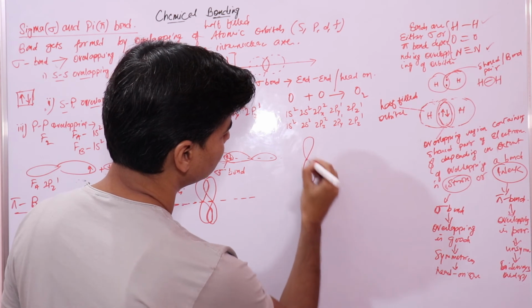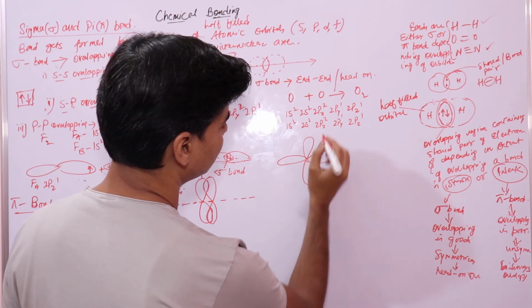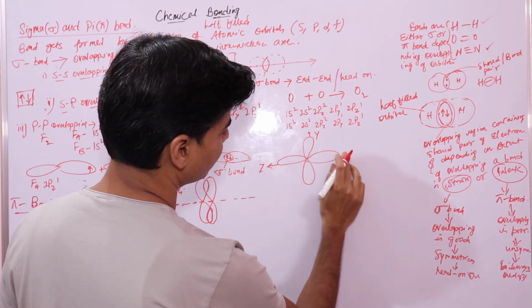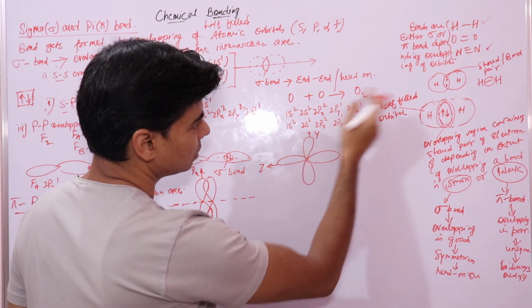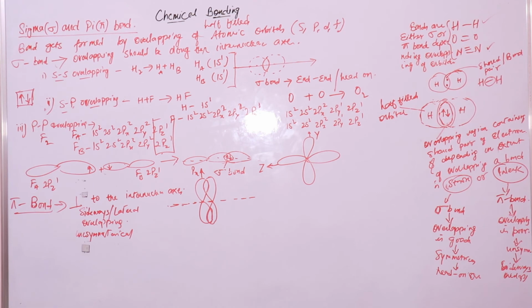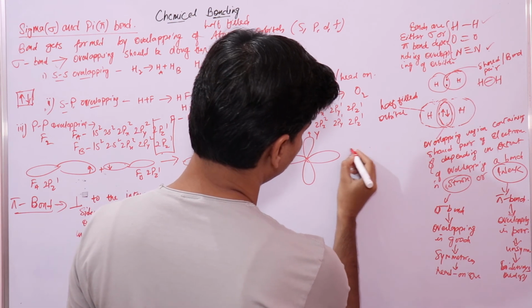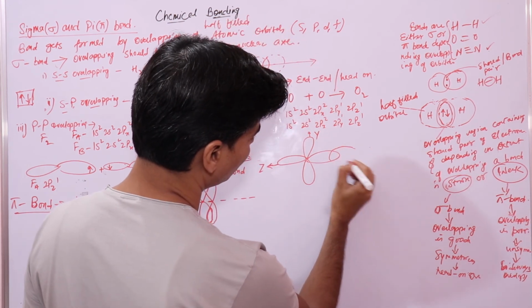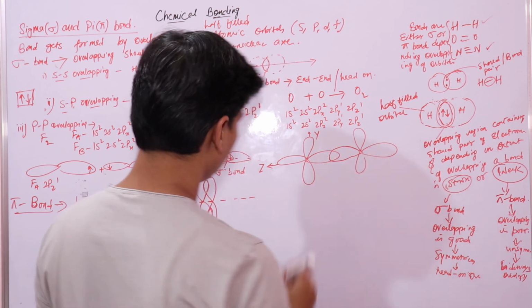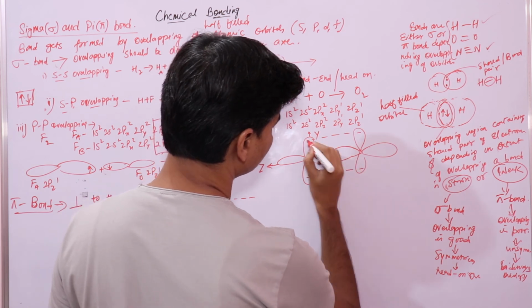So these will overlap with one another. It would be like this. Let's say this is your y and this is your z. Same is with the other atom. You have two orbitals. One will overlap head-on, and the other will overlap like this, sideways. These two orbitals will overlap sideways,